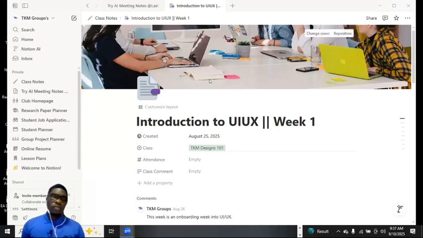Alright, so guys, I asked a question earlier on. I said, how many of us have come across UIUX before? Is there anything we can say about UIUX? But everybody was silent. So I'm going to take the bow now. So this is your year. Let me start this way.